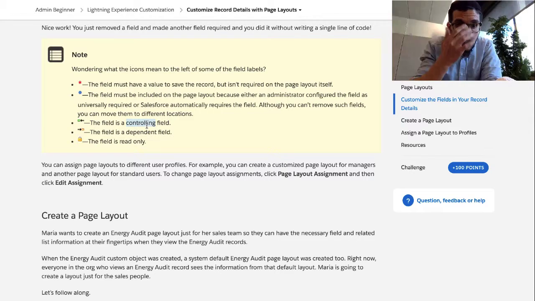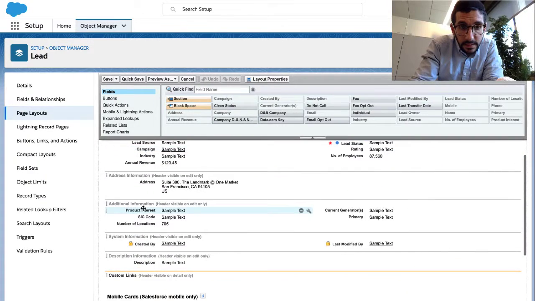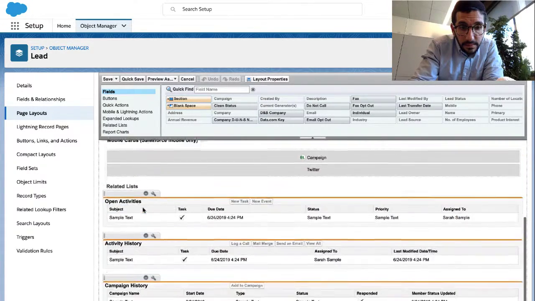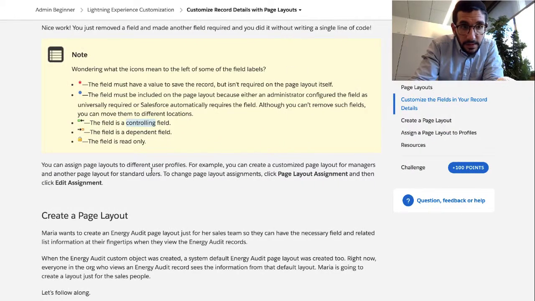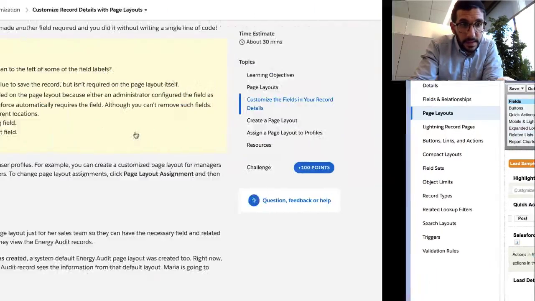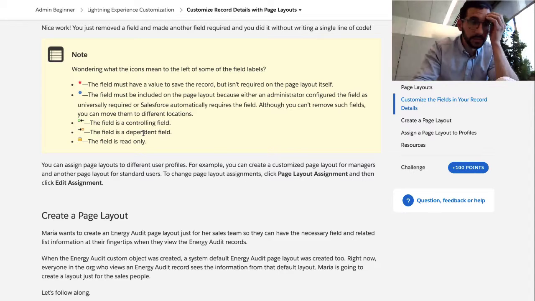This field is a controlling field. This field is a dependent field. Do you see any of these? I don't see anything. The field is read-only. I don't see controlling fields. I don't really know what a controlling field is. Dependent, so it's dependent on something else, I guess, but